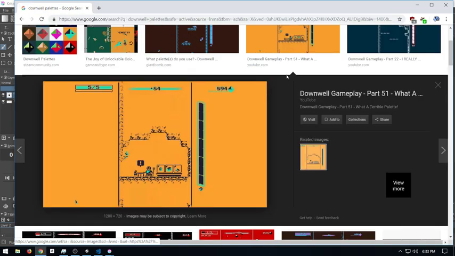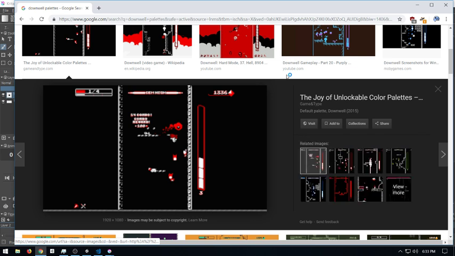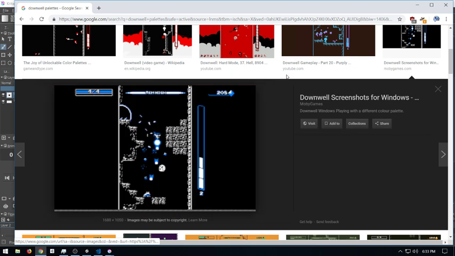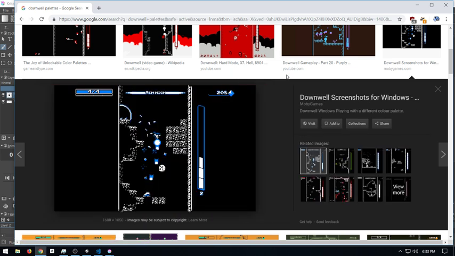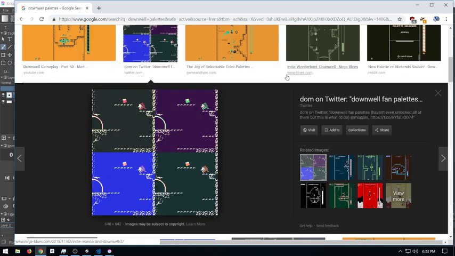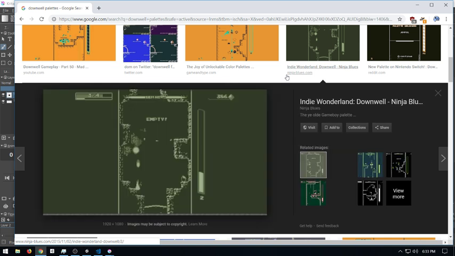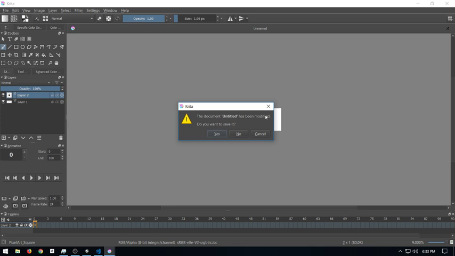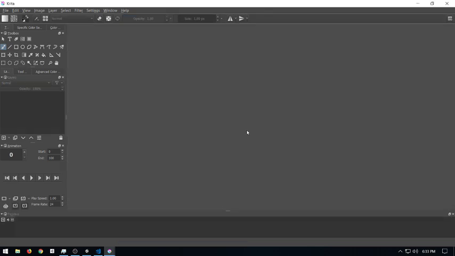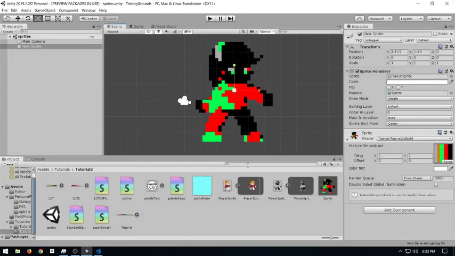So essentially, they were able to create all these distinct looks by simply doing a post-processing effect, choosing a different set of 16 colors, and just going wild. Look, those are all the same game, but they look pretty different because of the palettes. Look, that's a GBA palette. That looks great. So let's close Krita. We don't need it right now, and we probably won't for the rest of my time here.